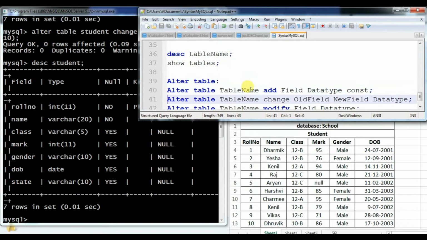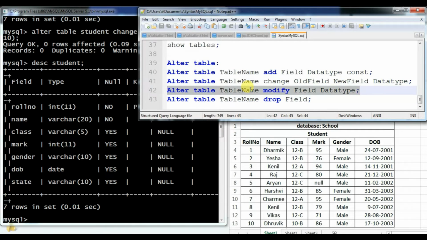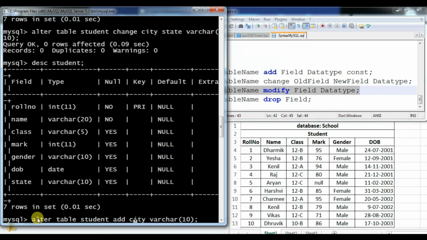Now the third one, alter table name, modify. Modify for what? Now suppose you want to change the data type. Right now I have mentioned varchar 10, but suppose you are going to insert any value that has more than 10 characters, then what? You can use the modify over there. Now see, alter table name, modify